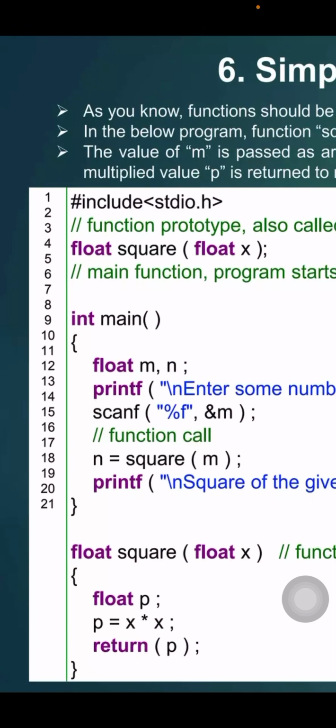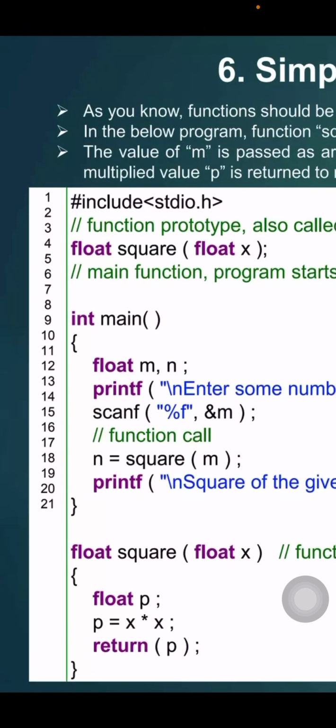The value that we input while calling the square function, that was m, will pass to variable x. Here x is a formal parameter, and m is the actual parameter. The actual parameter m will pass its value to x, and then we will perform the square. We will calculate the square of m